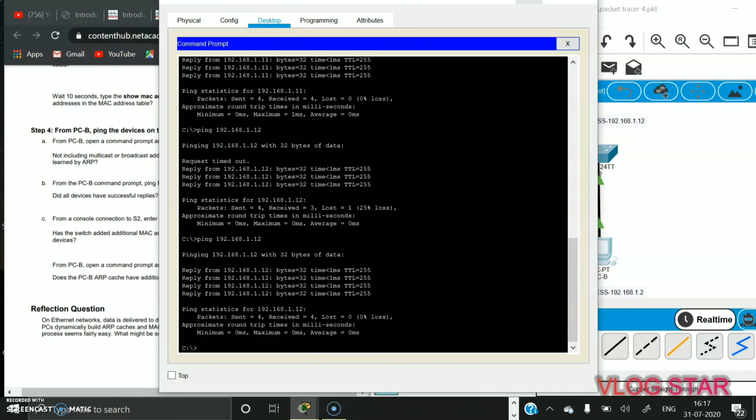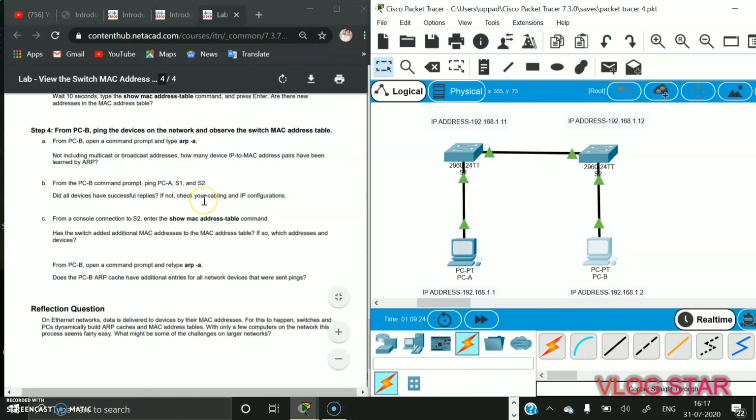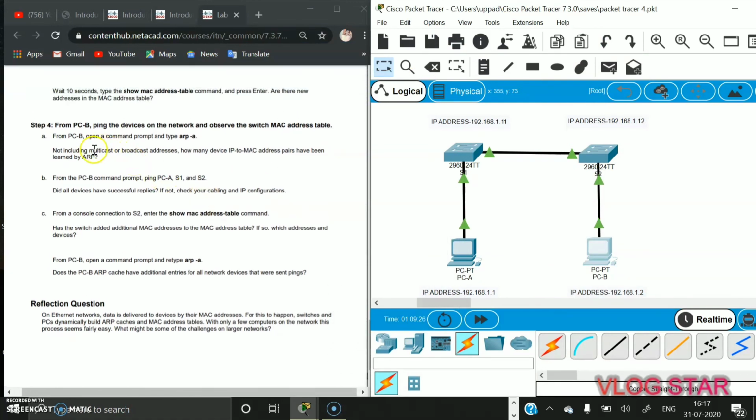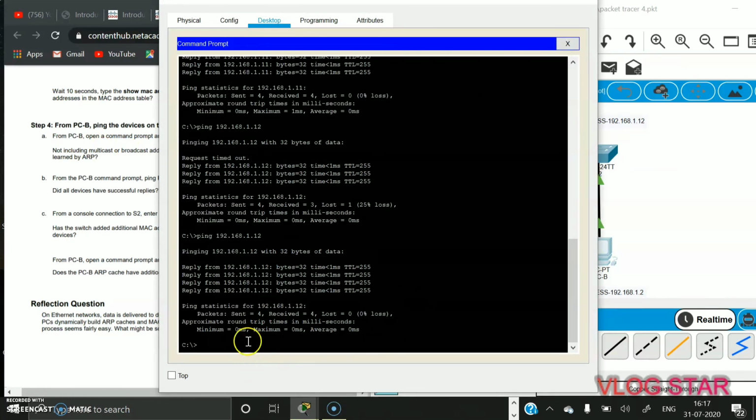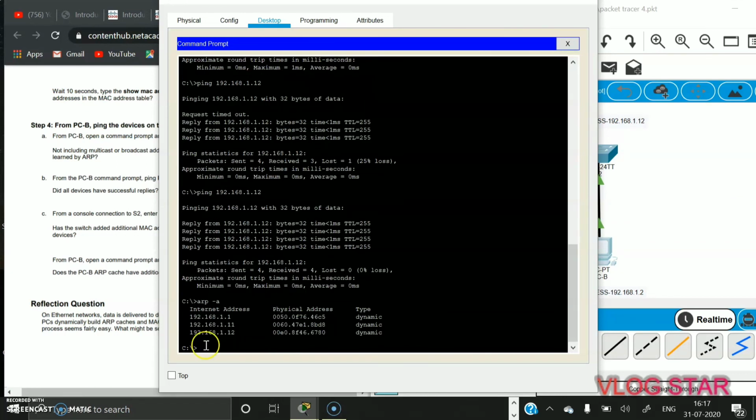Okay, now we have to enter the command arp -a. Okay, now we can see the physical addresses.